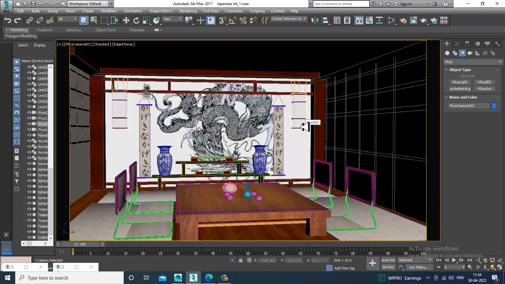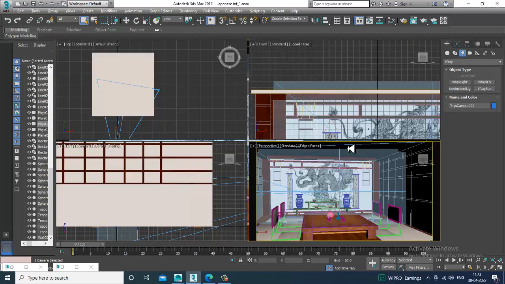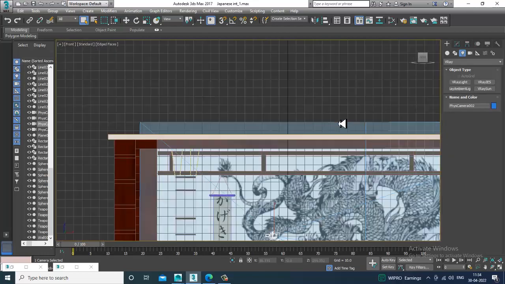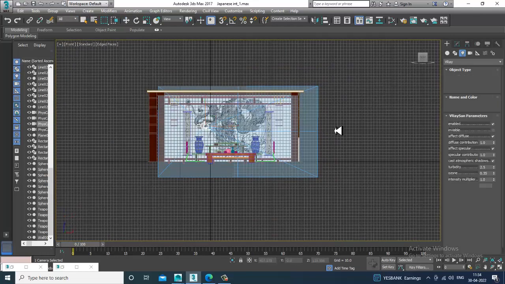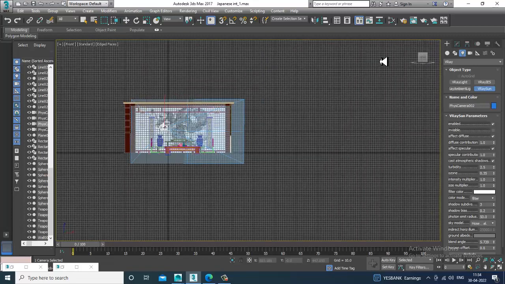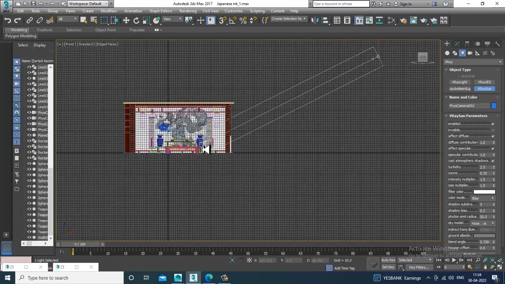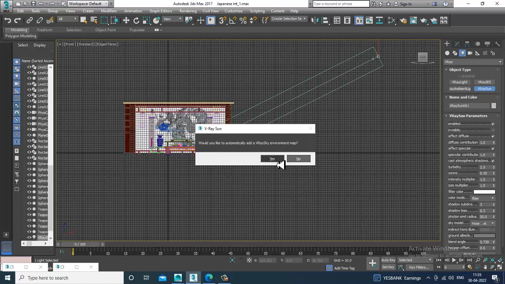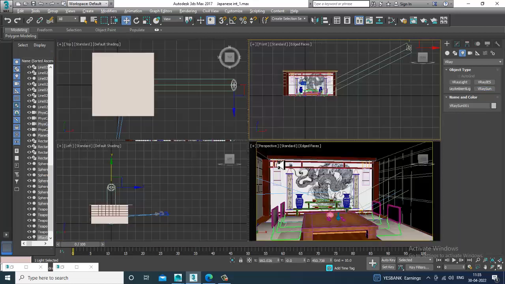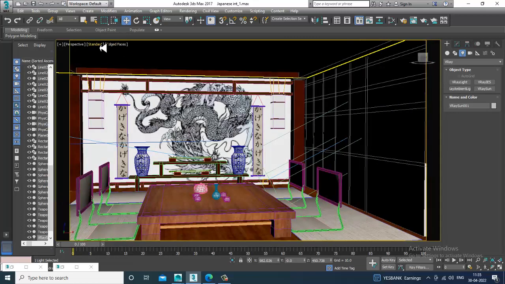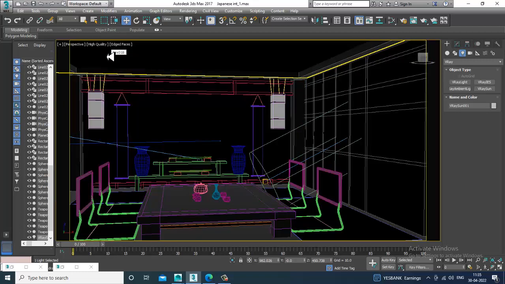After that, let's go into the perspective view. Take a Vray Sun and let's just drag a sun light over here, and say yes, you need an environment map. You can activate that environment map over here. So now what I'll be doing over here is